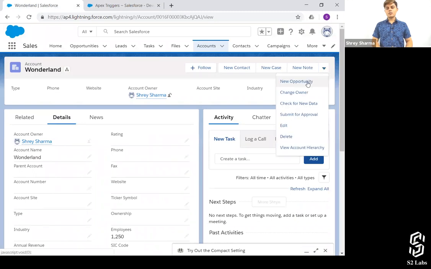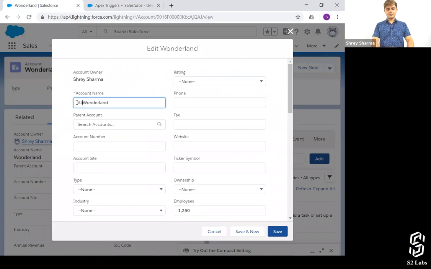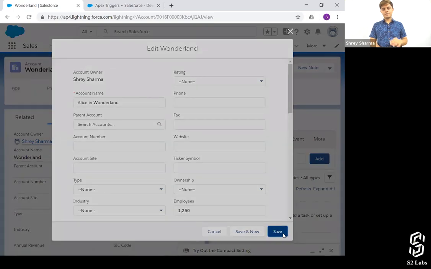So that's the new value. This new value should go into trigger.new, and the old value should remain in trigger.old. Save.